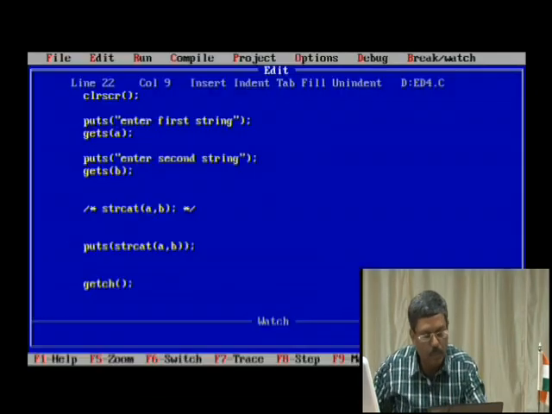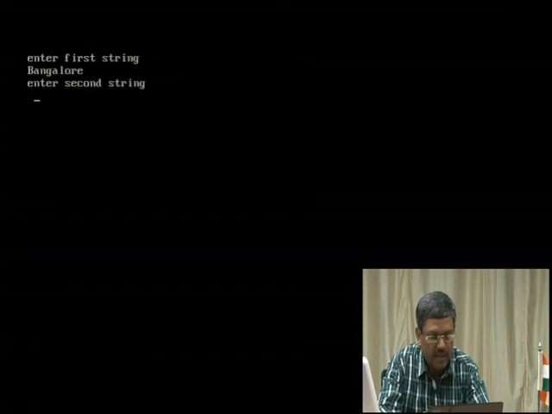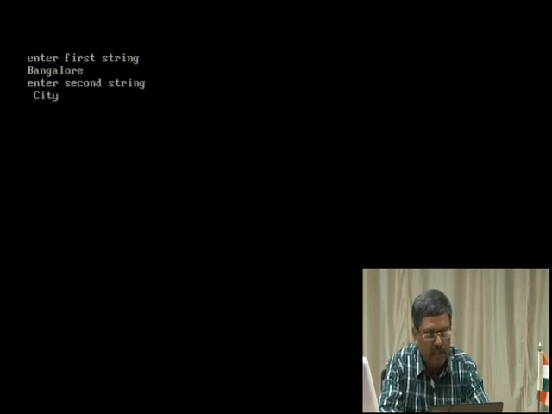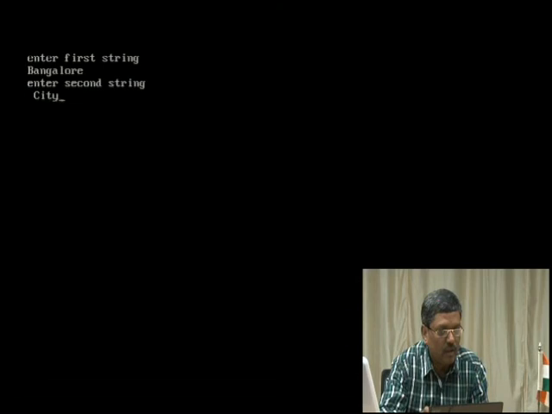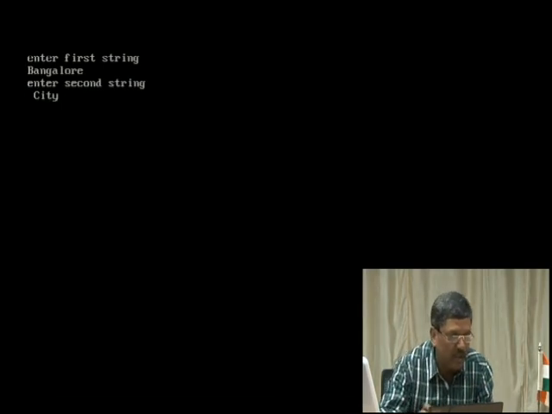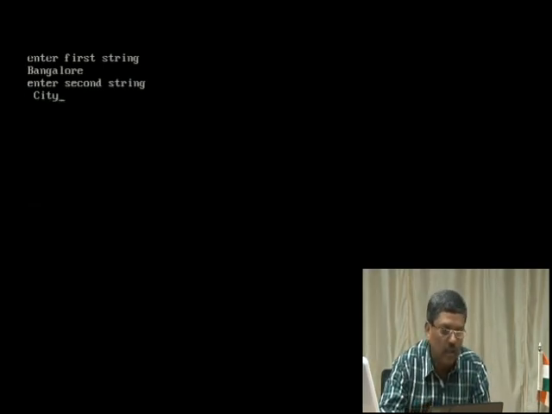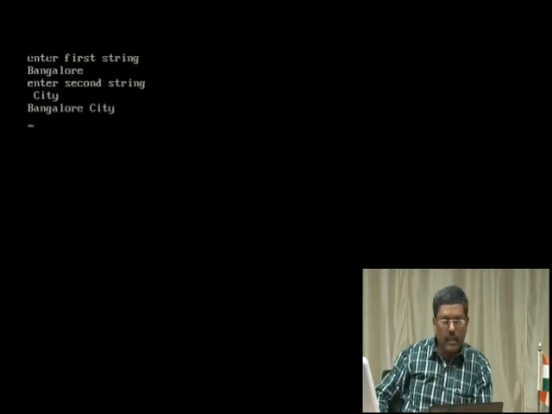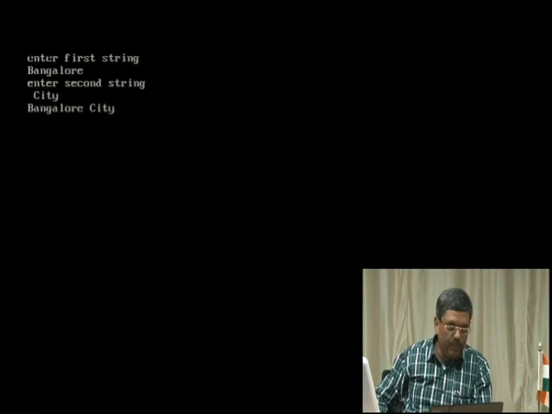So then it is a simple trick. You have to take care while entering. So Bangalore, and then when you enter city, leave one space and then type city. That's all. Because space is also a character. Because you have not left out any space, it automatically combines both and puts it onto the screen. So you can see that Bangalore city. So now Bangalore city. So both are okay.